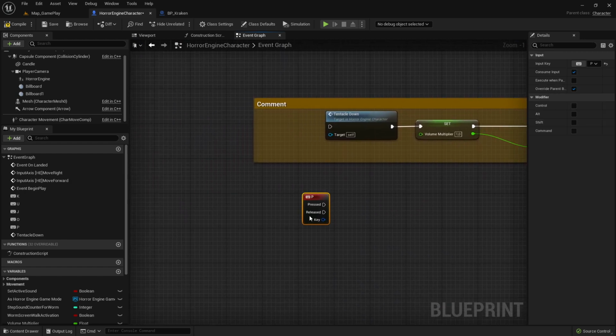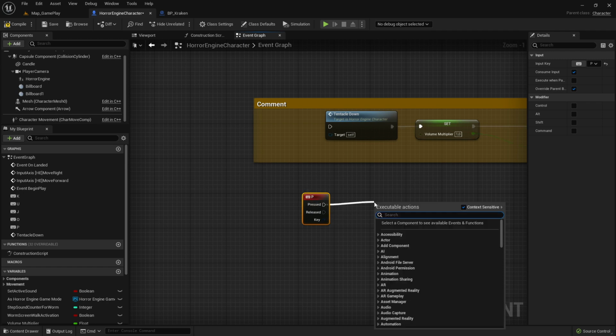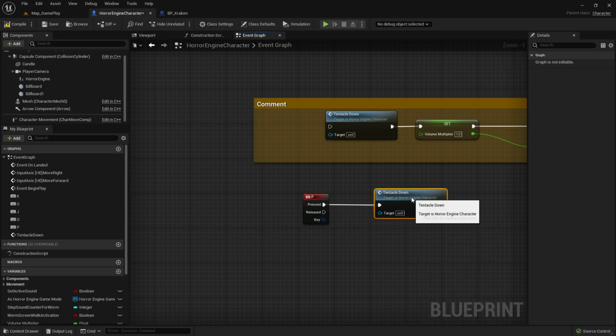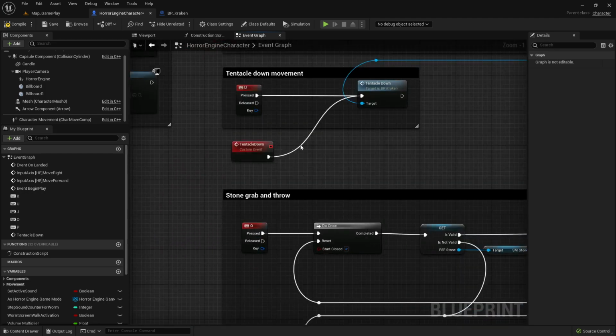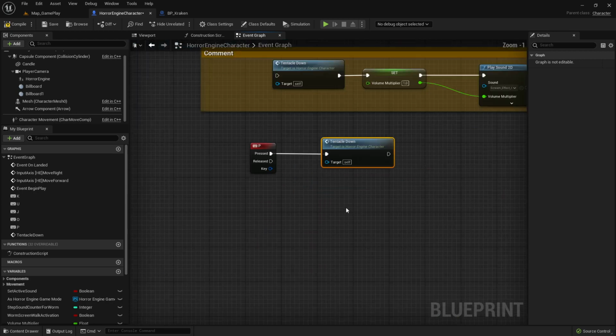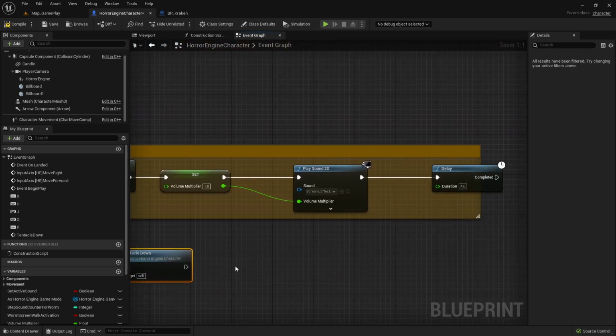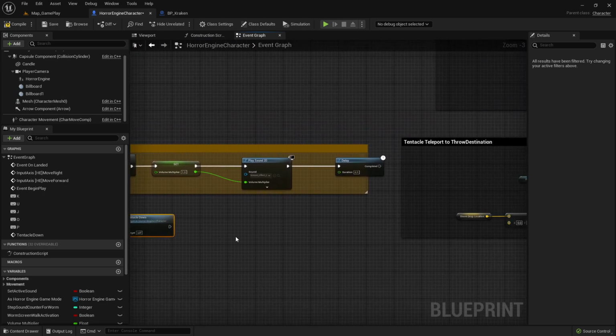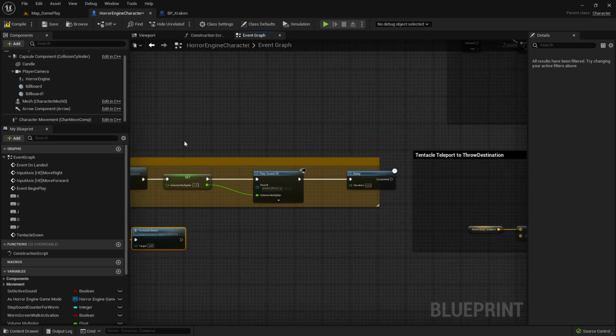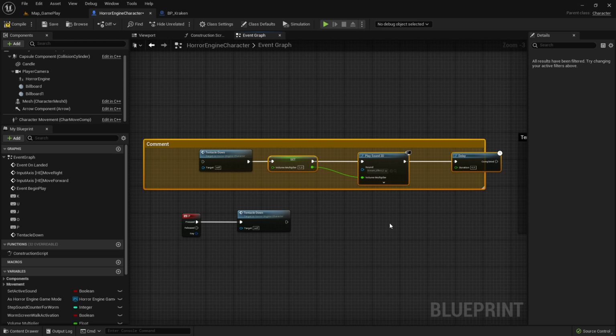So here is the key binding. When I throw the stone, I just call tentacle down. You can see that was the custom event which we just created here, and it will call this function which says the tentacle will go down. So that's all, normally. So this is the way the tentacle goes down, but you can see I already have a little bit more code here, and the thing I added, which is not perfect and which we still have to adjust later, is